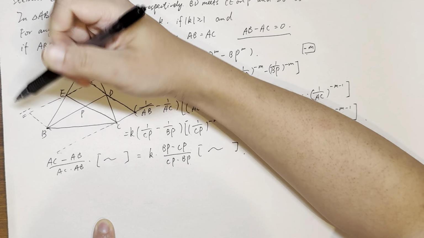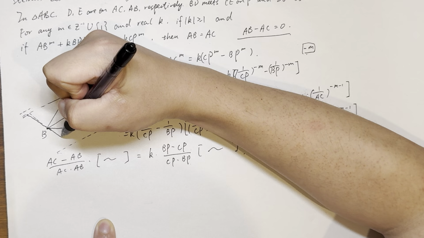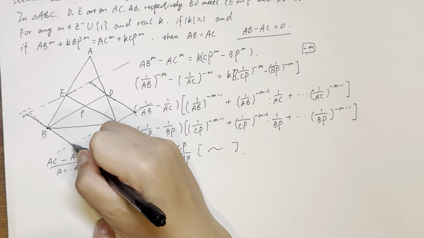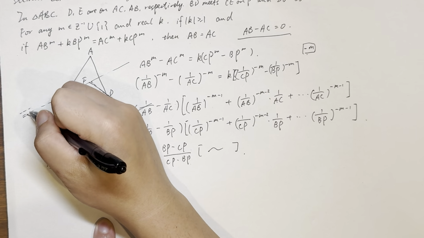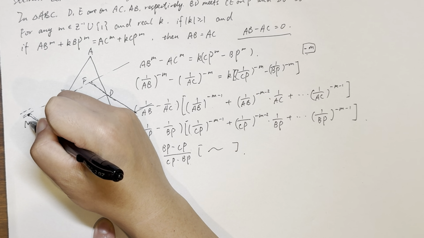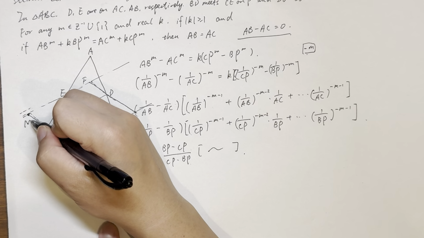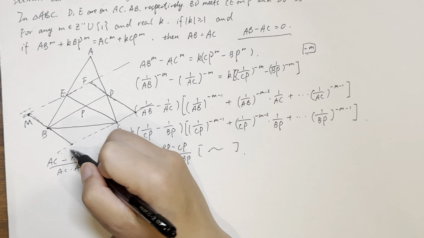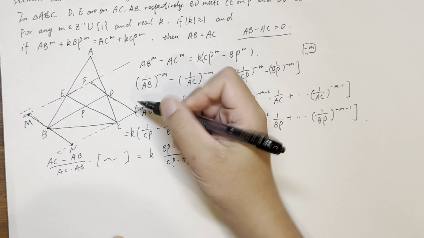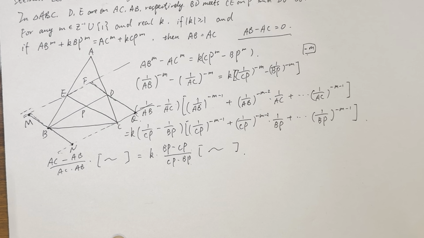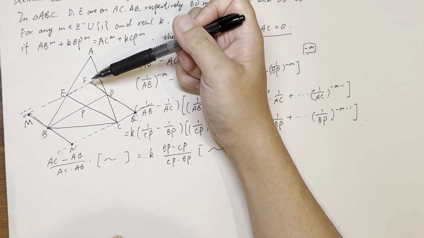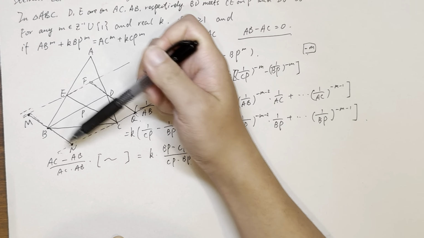And this one is the same. Right, now let's give some names. For example, F. Let's set it as M, and N, and Q. Okay. Now we want to find the relationship between F, M, N, Q,